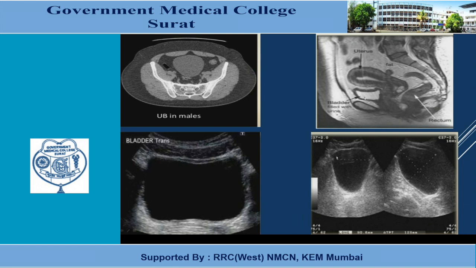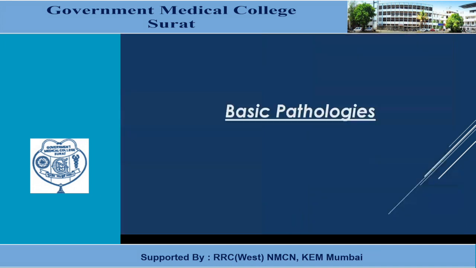On MRI, the bladder appears brighter. It is hyperintense, with no irregularity in the wall mucosa, so it's a normal urinary bladder with the uterus in posterior relation. The central line is the endometrial cavity. This is the nabothian cyst in the lower part. The anterior part is bone. This is actually a sagittal MRI image of the pelvic cavity. Posteriorly, this is the rectum. And on ultrasound, the volume is measured using the transverse diameter, AP diameter, and superior-inferior diameter. This is how the bladder volume is measured on ultrasound.